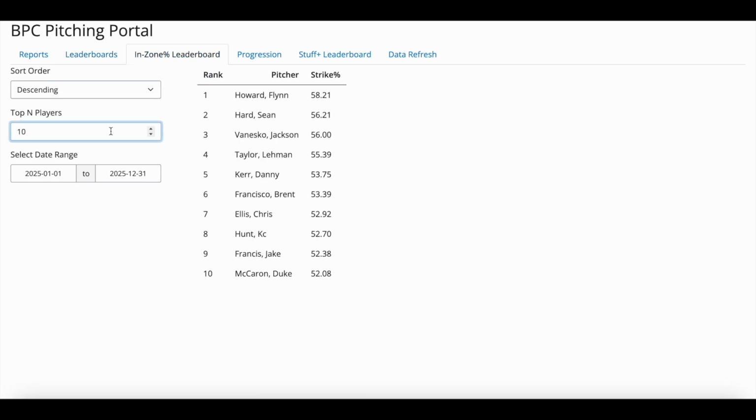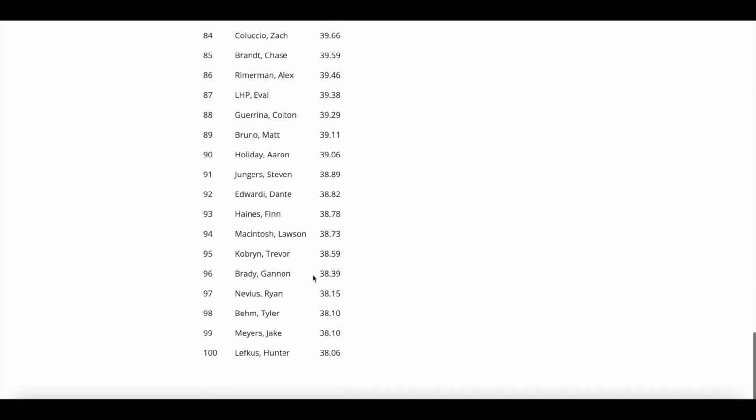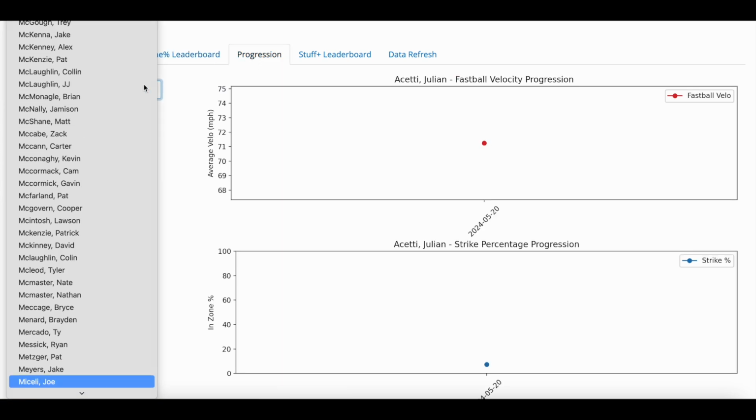Then we have an in-zone leaderboard, which we can populate to 100 people for 2025, and we can see who has the highest in-zone rate, and it goes all the way down. And then progression, another good one to choose for this would be Mike Adams,